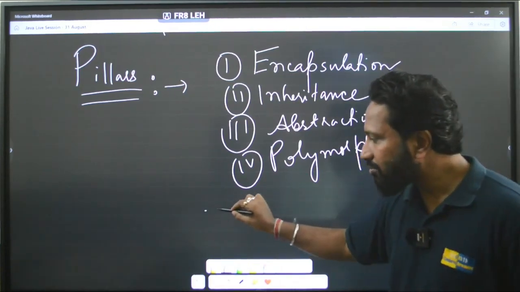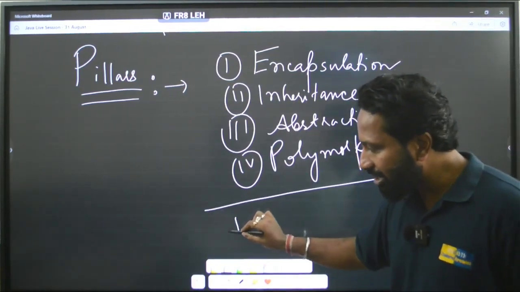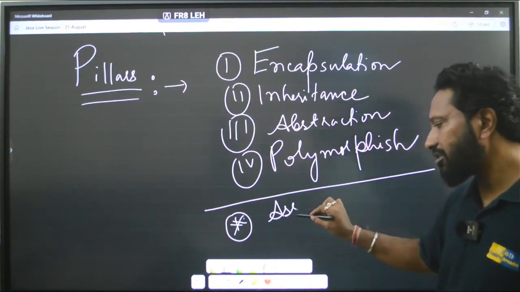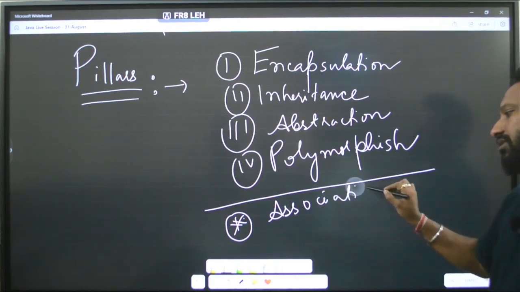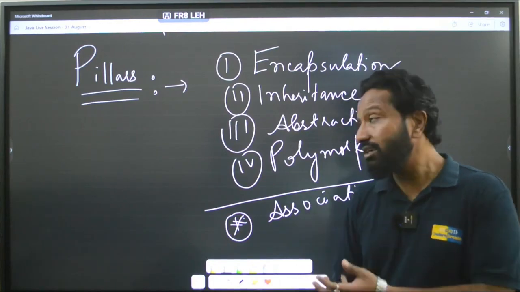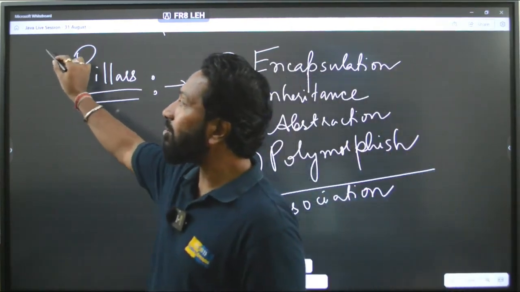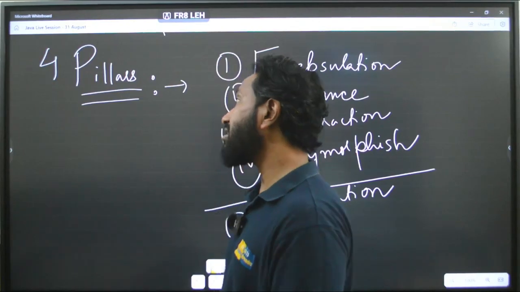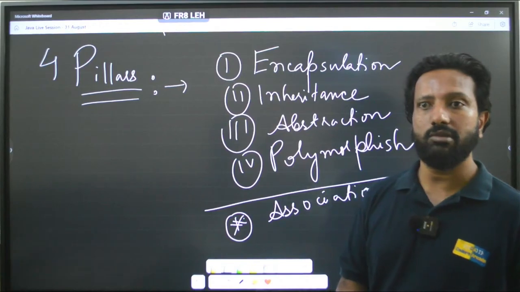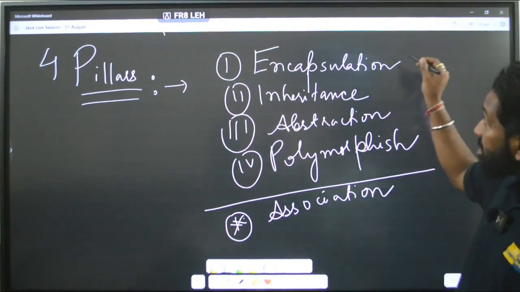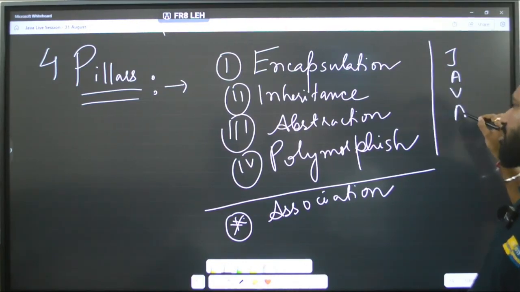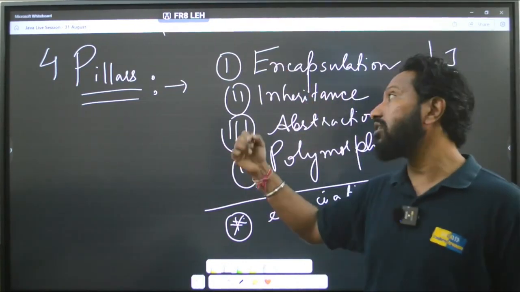And then there is one more very important concept that people tend to forget. It is association. Okay, that also we will be talking about. And with that, we will be finishing off our root concepts. Okay, so the next target will be our 4 pillars. Okay, and guys, stay tuned. We will be having exception handling also. That is also a very important concept. Fine. So this is the order of learning in case of Java. You can take any other order, but this is the best order that we follow for understanding things.